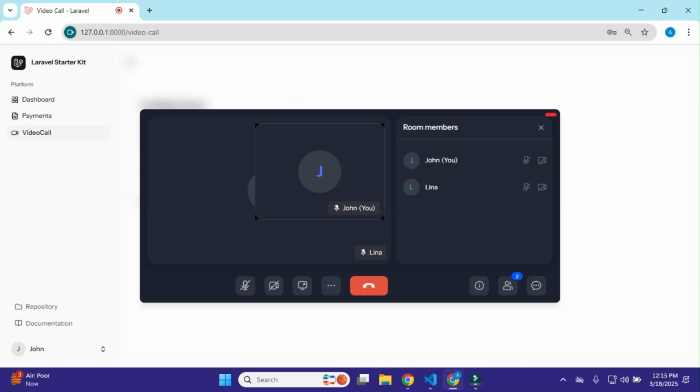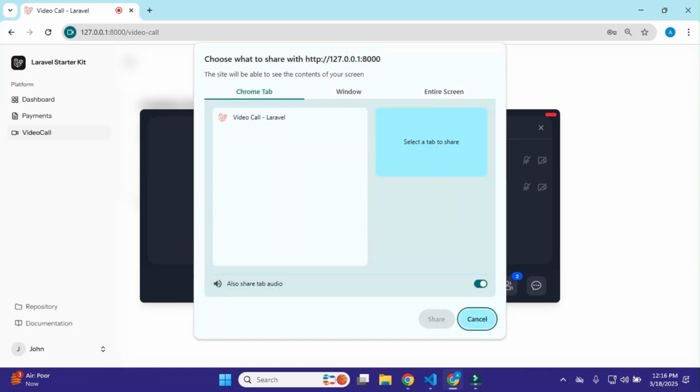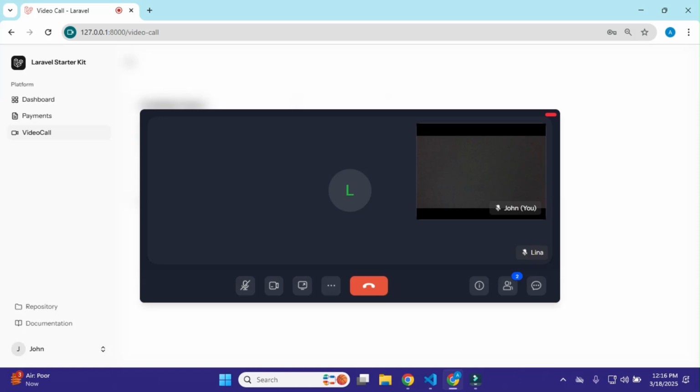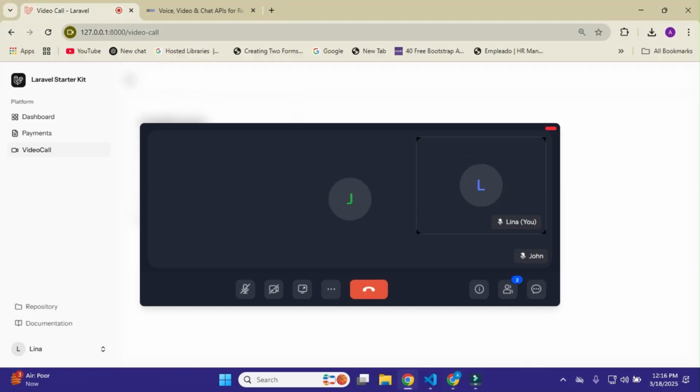This is the basic example idea of how we can integrate and make video call applications and integrate these functionalities into our applications. Also we have an option here to share the screen, like we have in Google Meet. I can share here, I can turn on my camera here, so any user can show their face and talk. I can also open my microphone here, and all these functionalities are on the other side.